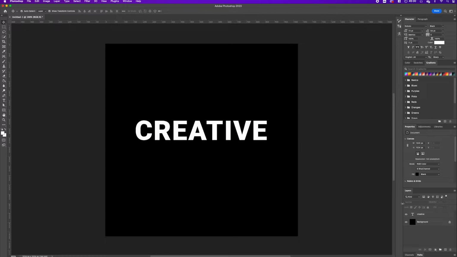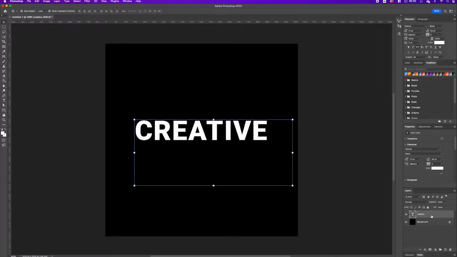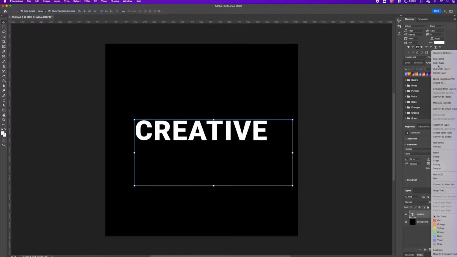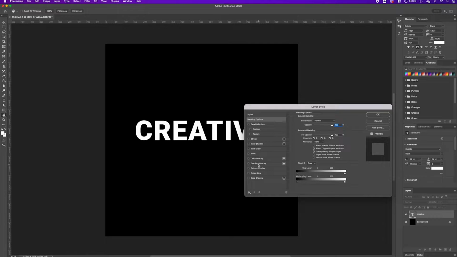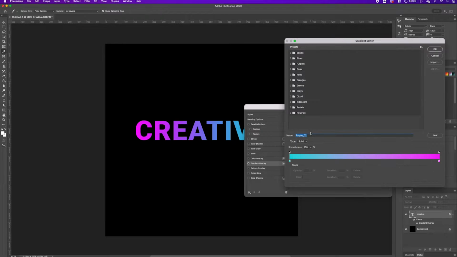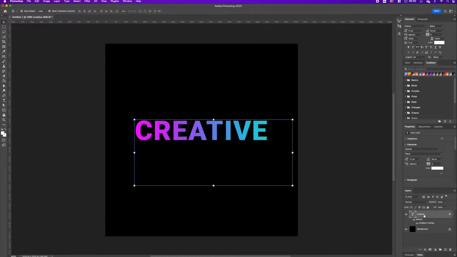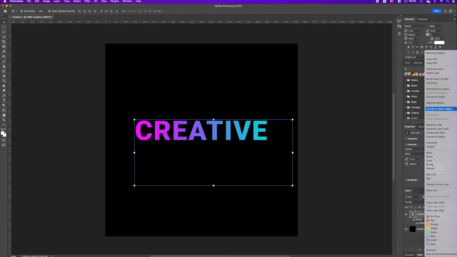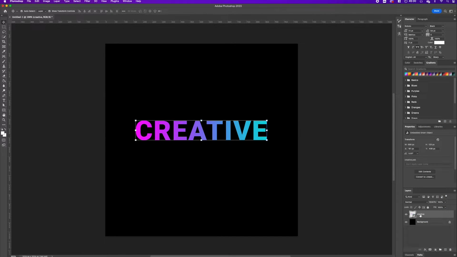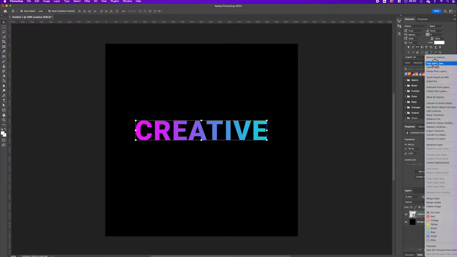Once you've done that, we're going to select our newly created text layer, right click and select blending options, then select gradient overlay, and then from there we're just going to choose a vibrant gradient from the gradient options that we have available. So purple usually work quite well for this effect, so we're just going to choose a nice vibrant purple. Select OK once again, and then we're going to right click on our newly created layer, select convert to smart object. We're then going to duplicate that layer